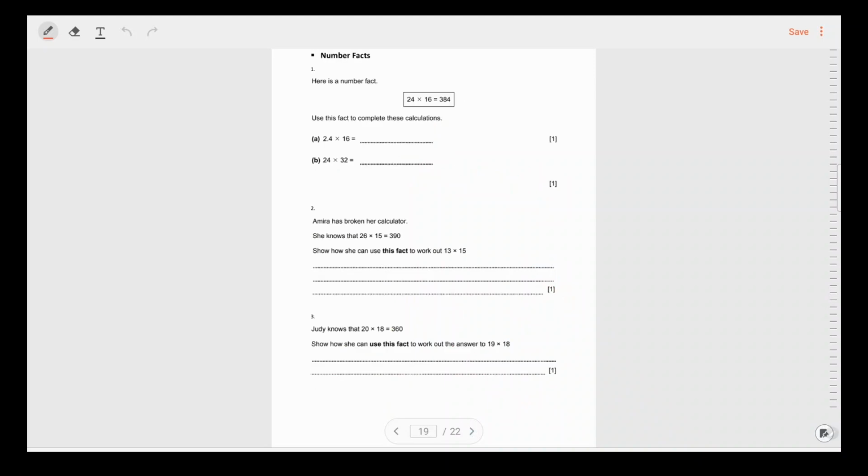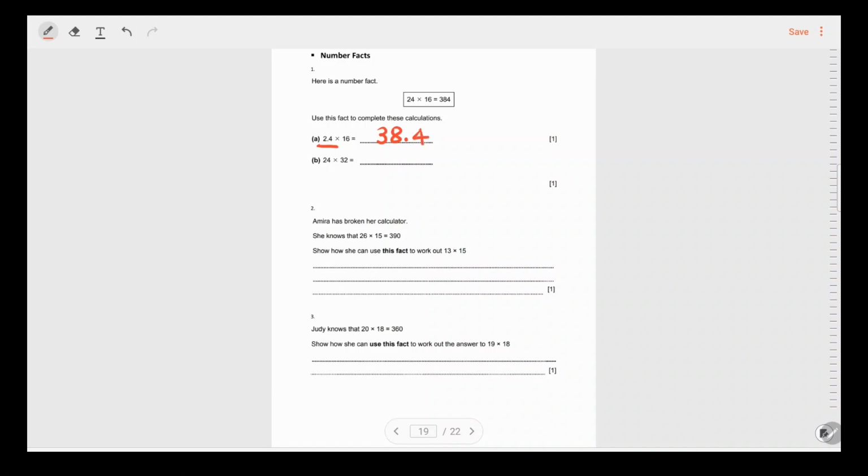The next topic is number facts, and we have 3 questions here that cover different types of number facts. Question 1 gives you the number fact 26 times 16 is 384. So using this fact, you are supposed to find the answer of 2.4 times 16. So here what is special is the decimal point. There's one decimal point in the question, which means that in your result also there should be one decimal point